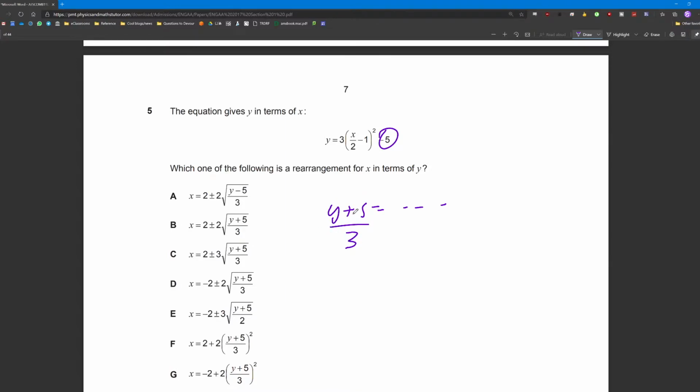You can keep writing on the same equation without writing a whole new line for each step. So y plus 5 over 3, now you can just imagine this bracket. And then you square root, now you can just imagine what's inside this bracket. And then you add 1, now you can just imagine this fraction. And then you multiply the whole thing by 2, and you have x. What you want is that you are continually breaking the expression down into smaller and smaller pieces until you centre in on the x, and at the same time you are just writing down the expression in terms of y step by step, such that you can easily